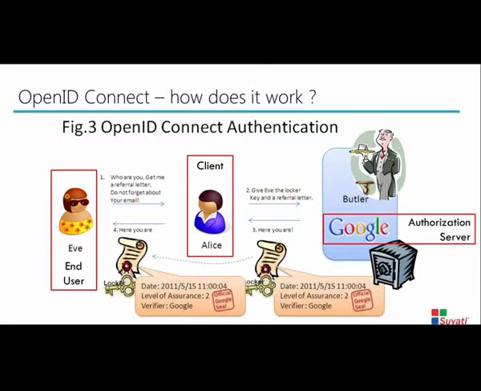Now, even if a hacker tries to pull out the notarized referral letter, the key has to be given to the person owning the notarized referral letter, right? So all those things will differ, with OpenID Connect's unique ID as well as the issuer information, the issued-at information. So these kinds of things make hacking very difficult, even impossible, using OpenID Connect. I hope the point is very clear here.